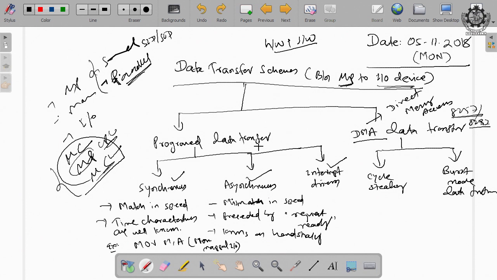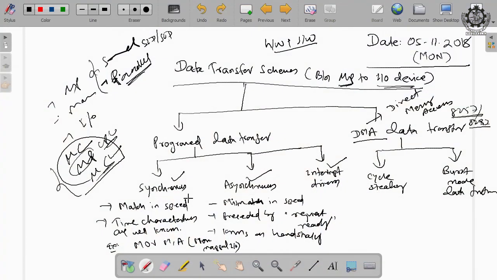Under program data transfer, again we have three types: synchronous, asynchronous, and interrupt driven. So, what is synchronous? Whenever both devices match in speed, we call it synchronous data transfer, and in asynchronous the speed is mismatching.